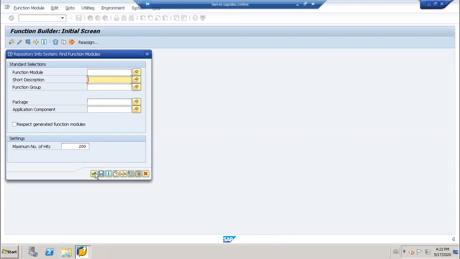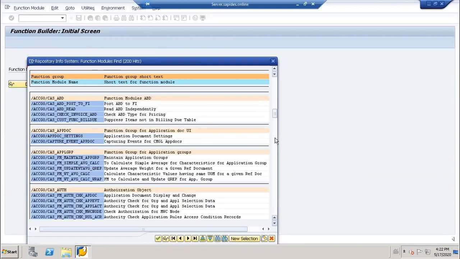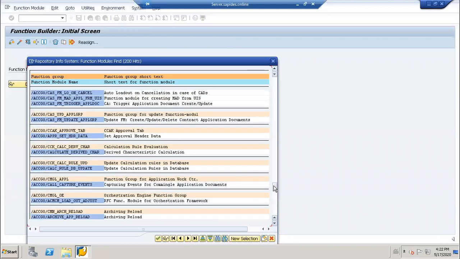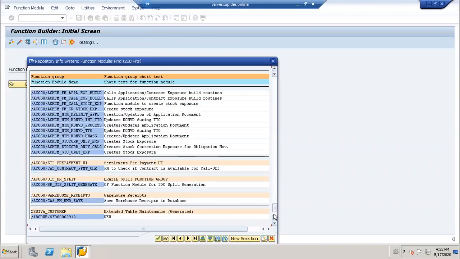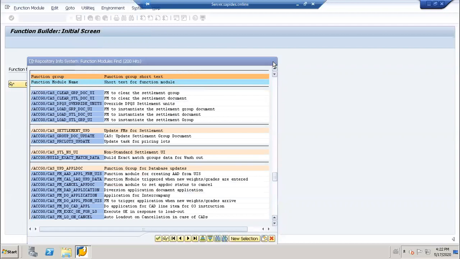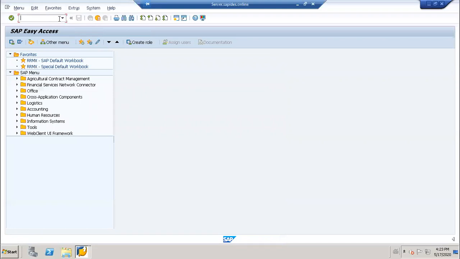Here by giving a different description, you can find different function modules. So from F4 you can find them. I think there is a transaction code to find all of them, hold on, I'm forgetting that.